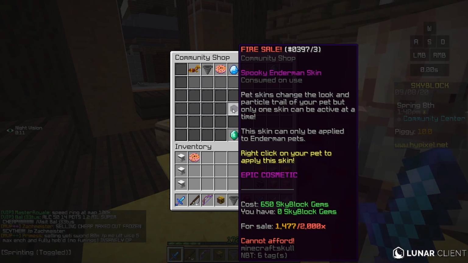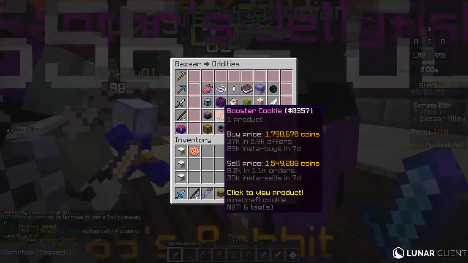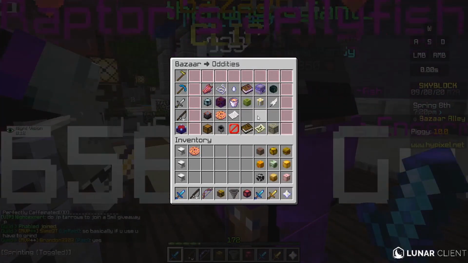So only 2,000 of these will ever be in circulation, and they cost gems. So yet again, they do cost real-life money that you buy in the Skyblock store for gems. One last thing I'd like to add is, in addition to the booster cookie being added to Bazaar, there's a